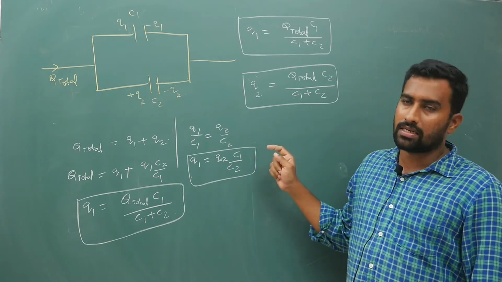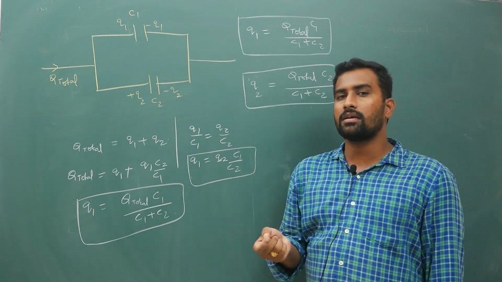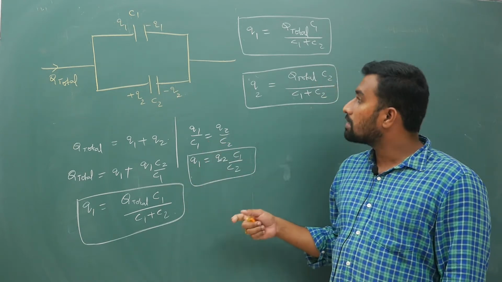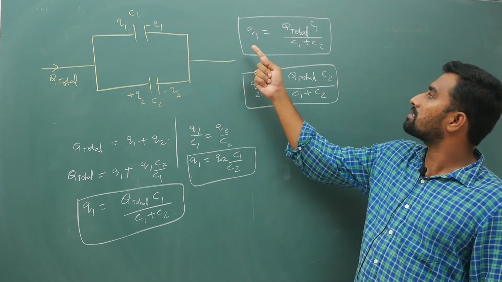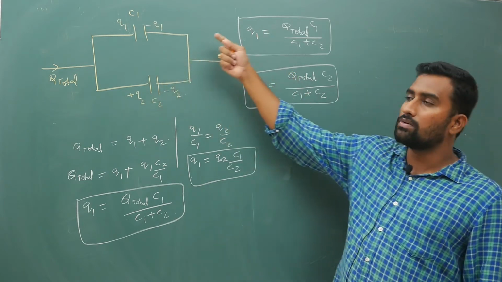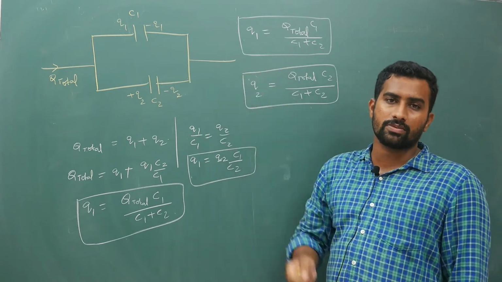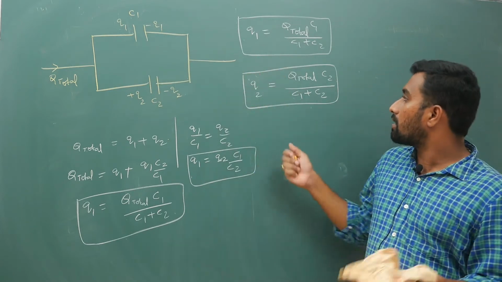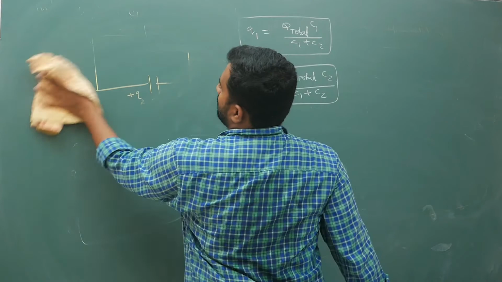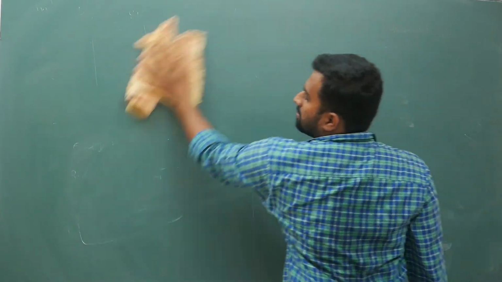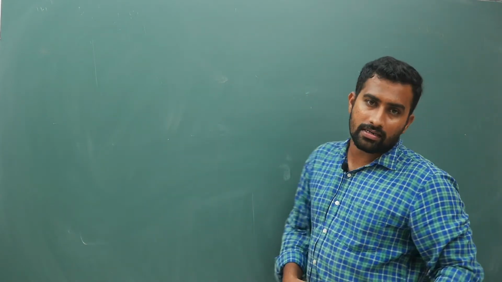Why that is the case also I will tell you. So in the previous example I did not check for Wheatstone bridge, that is why things went a little out of the box. But now keep this point in mind. Total charge times that side capacitance by C1 plus C2. In current electricity you will get current is opposite side resistance by sum of resistors. Here in capacitors it is same side capacitance by sum of capacitances. So keep this point in mind. Now I will give you a question, then we will have clarity. Previously we had Wheatstone bridge that actually damaged the entire question. So in this example I will not let that happen.